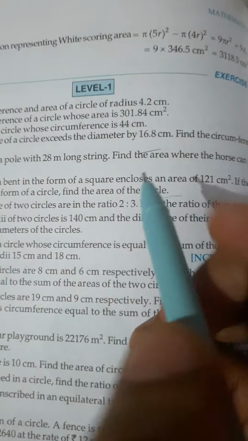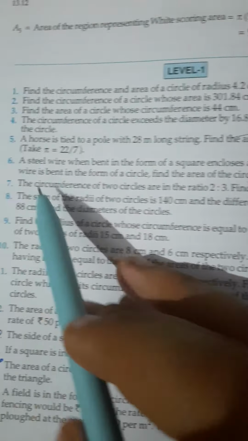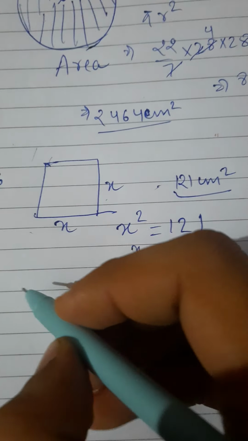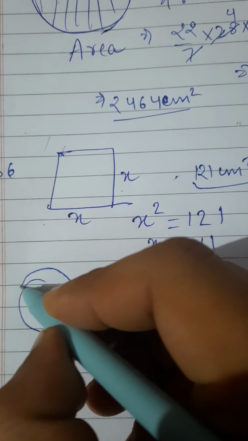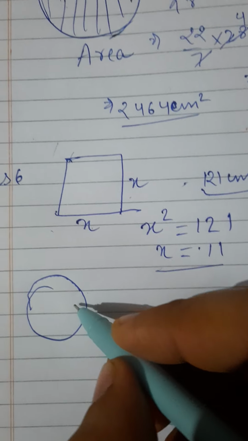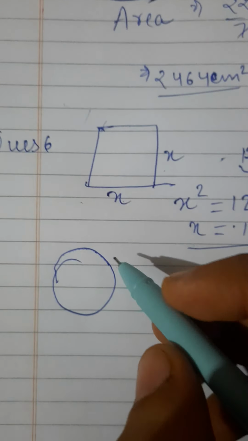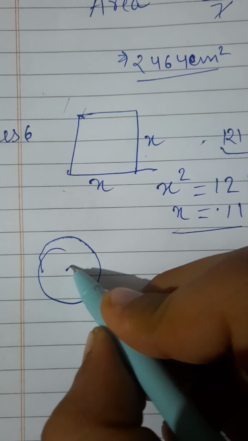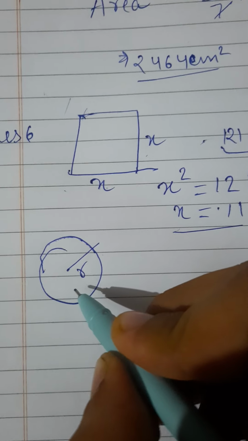What it says, it's saying that if the same wire is bent in the form of a circle, find the area of the circle. So it's saying that if this wire, which was bent into a form of square first, is bent into a form of circle further, so what's the area of this circle? Yeah. So first, for finding the area, we need to find out the radius of this circle,